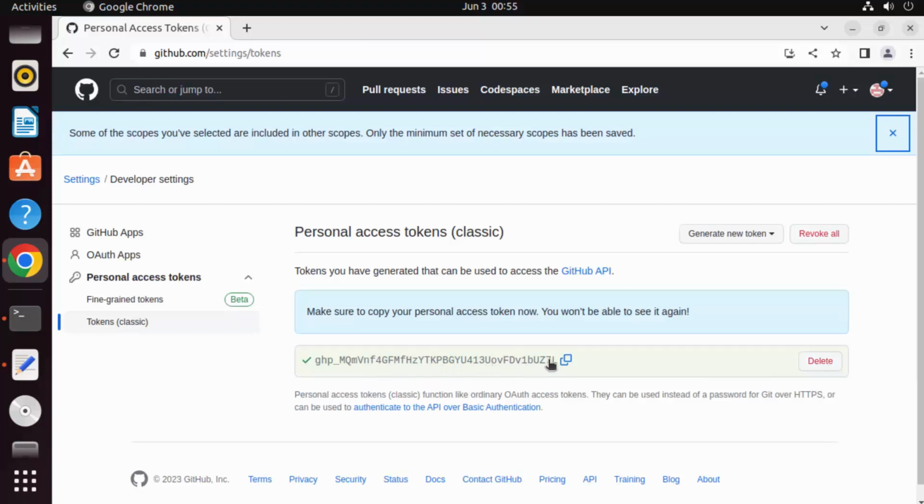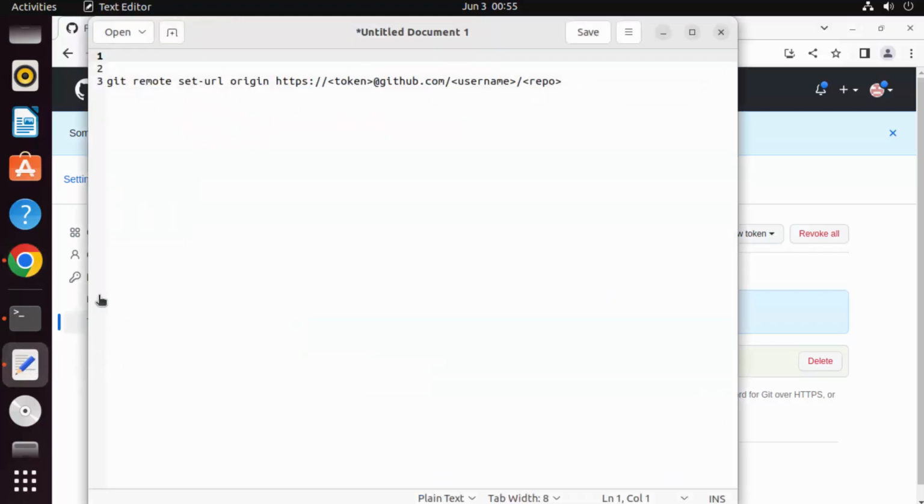Now in my case, I can copy this token and save it at some location. You can see it says, make sure you copy your personal token. You won't be able to see it again, right? So you need to copy this and paste it somewhere where you can access it again. I'm going to paste it on the editor,